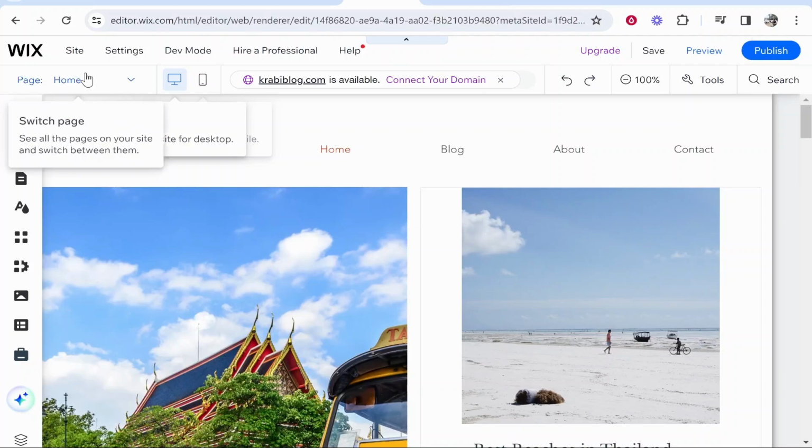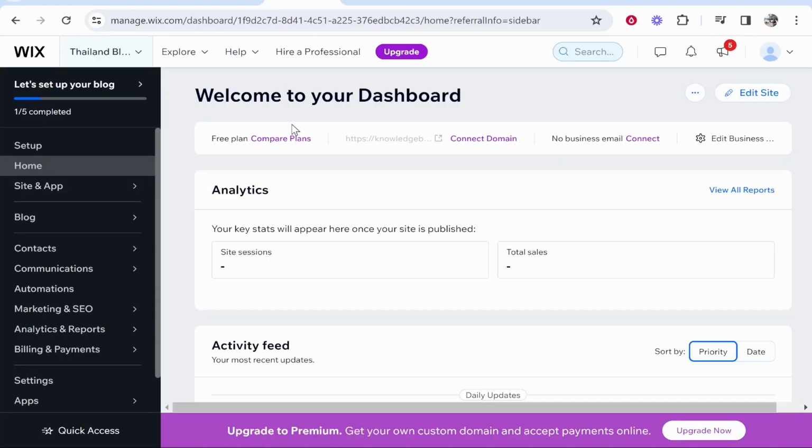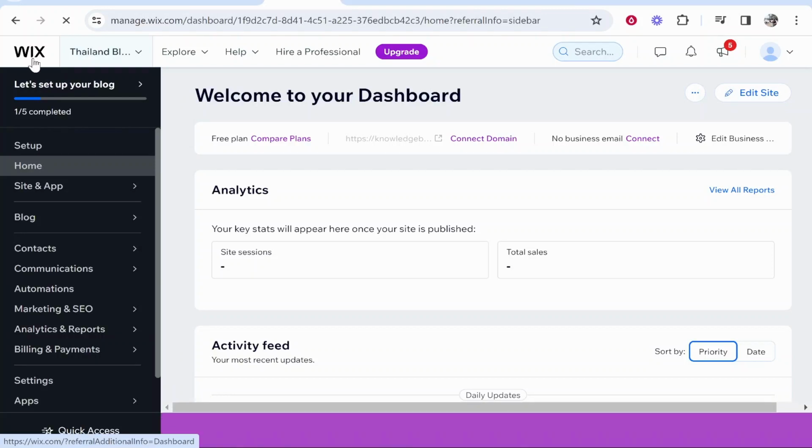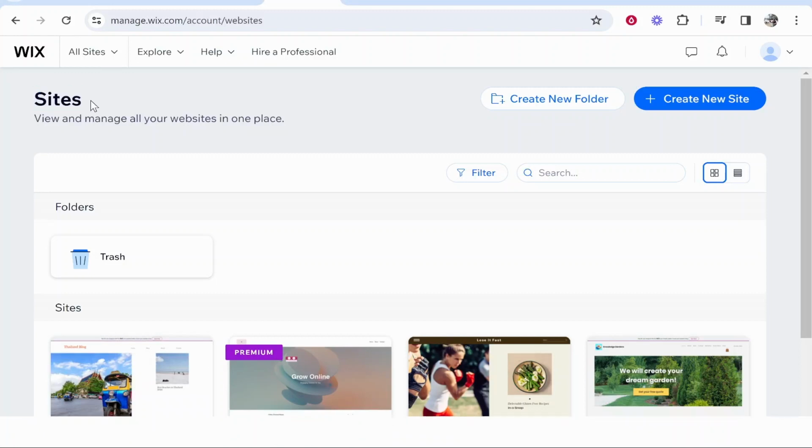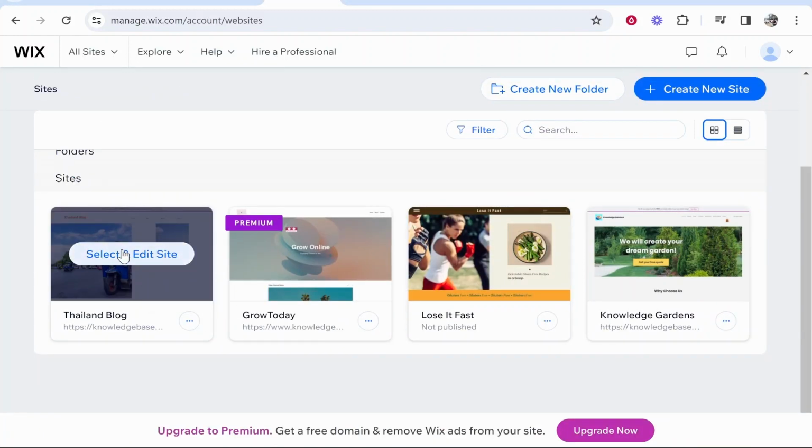To unpublish it, you can't actually do it in the Wix editor. You need to go to your dashboard. Now to get here, when you first go to Wix, once you've logged in, it will take you to this window where it will show you all of your sites. Now you want to go ahead and click on select and edit site on the website that you want to